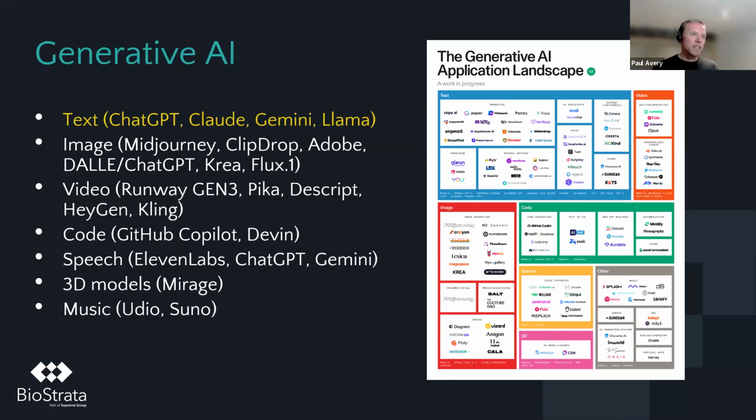But at this point, it is worth noting that you can use AI to generate images, to generate realistic looking video, to create code. You can create speech that sounds like actual people. There was an amazing set of use cases this week that Google released where you can basically upload an ebook and it turns it into a podcast between two hosts that's completely AI generated, but sounds completely human. So it's unbelievable. You can even create music. So there's loads of stuff to go out there and explore, but to keep it simple today, we'll focus mostly on ChatGPT.